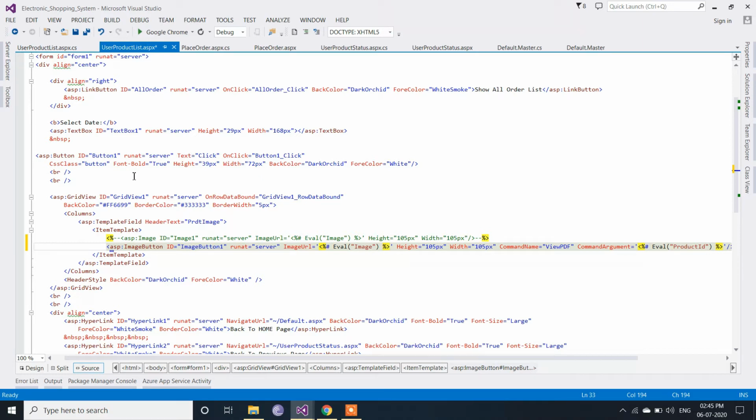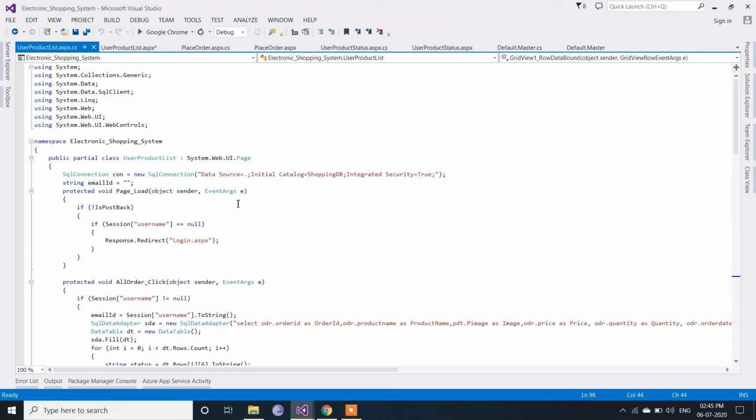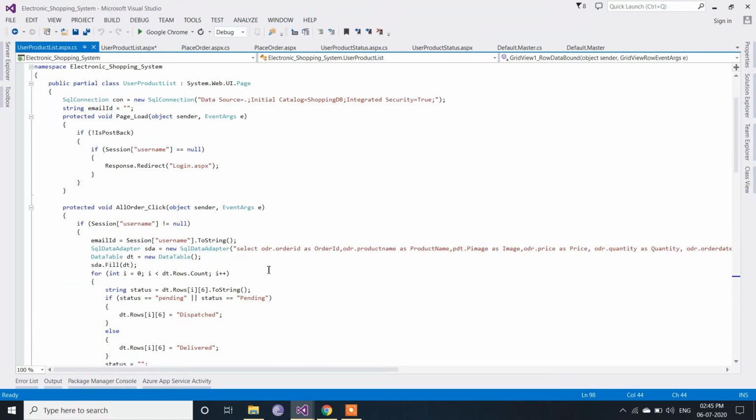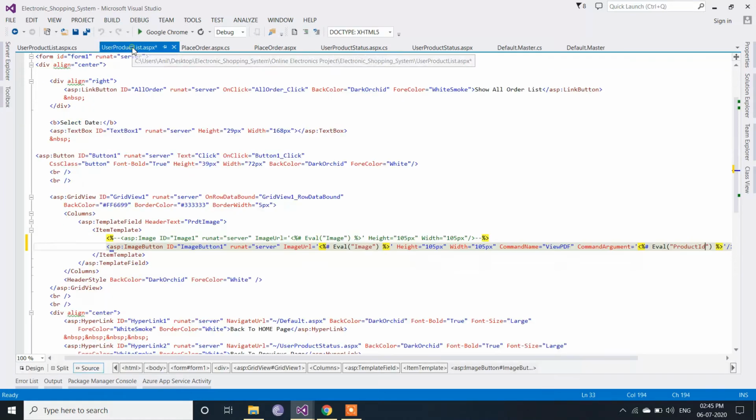So let's see which table is bound to this grid view. If you remember, we have taken two tables with an inner join and we have bound that. You can find order ID here. Sorry, it's order ID, not product ID.